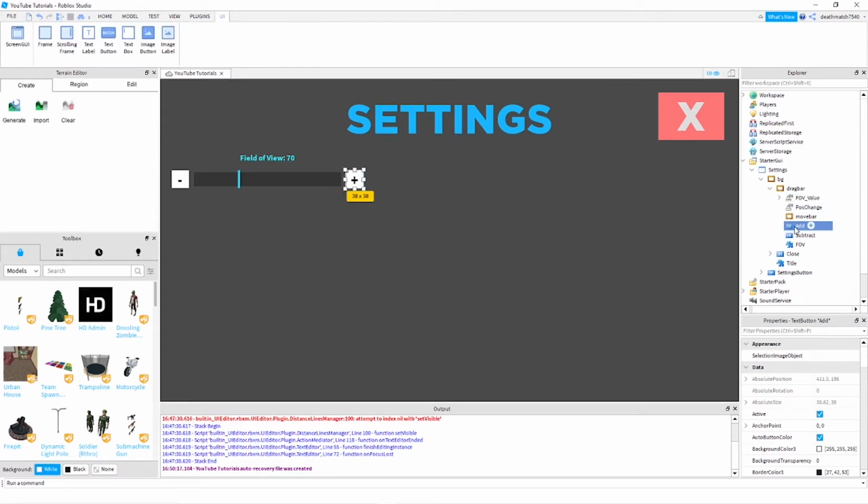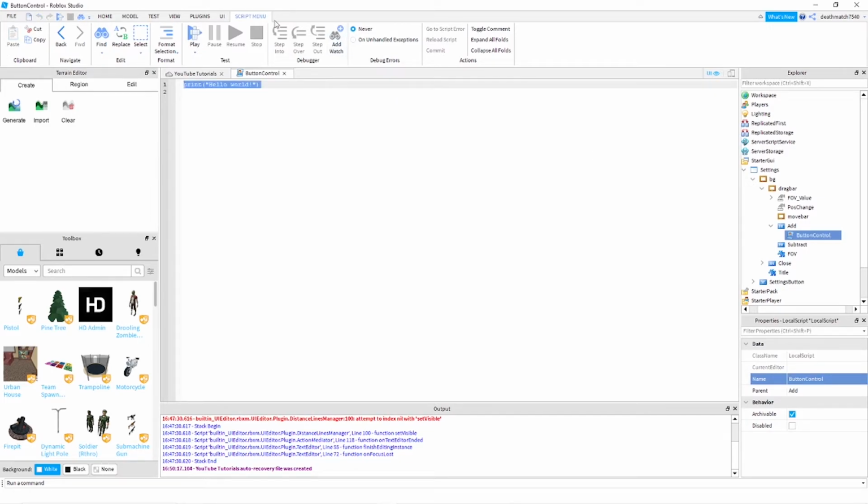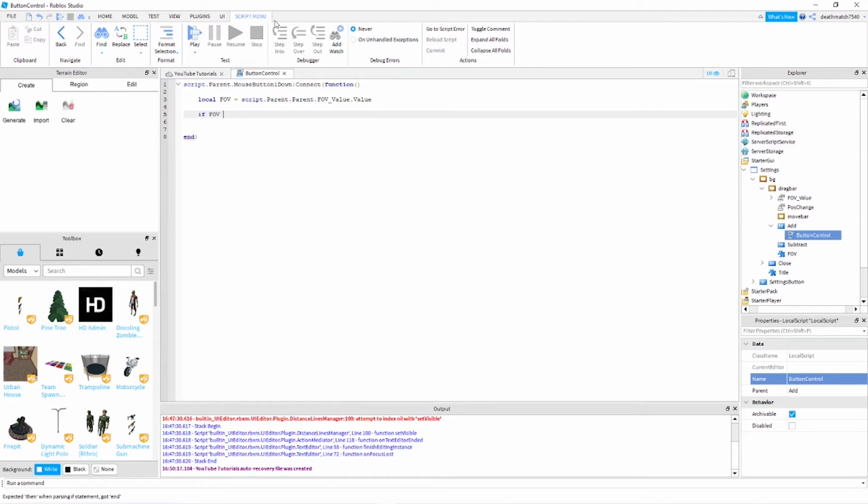Now on the add button, let's insert a local script, and we'll call this button control right here. There we go. And let's type script.Parent.MouseButton1Down:Connect(function(), that weird parentheses thing, make some space, and then we'll type local FOV equals script.Parent.Parent.FOV_value.Value. Next, let's type if FOV is less than 106, then